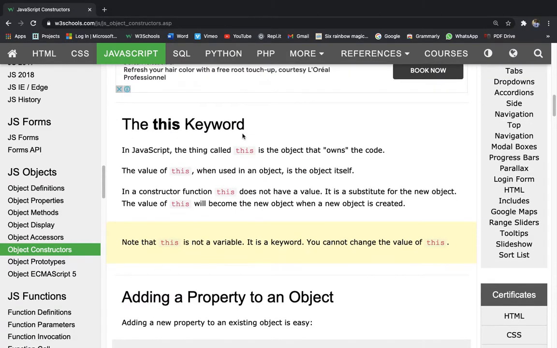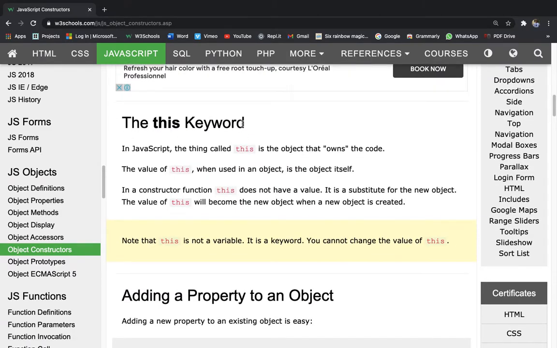This keyword. In JavaScript, the thing called this is the object that owns the code. So in JavaScript, this refers to the object that owns the code. Okay. The value of this when used in an object is the object itself. So if you are using this in an object, it will refer to that object